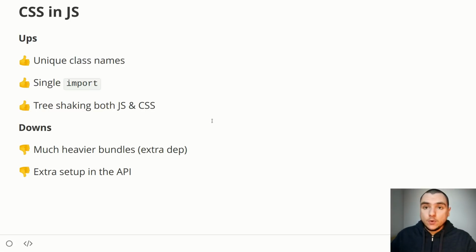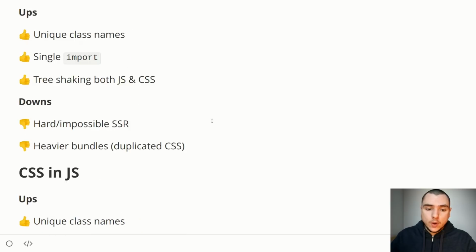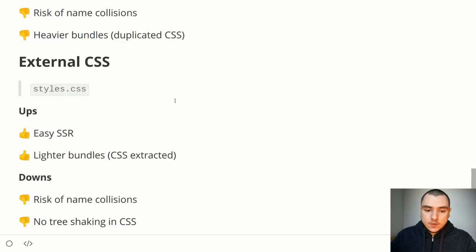So again, as I said before, I initially decided to go with the external CSS solution. So I decided to extract everything into an external styles.css file. So this way you would be able to import the CSS server side and inject it into your payload very easily. But on the front end, unfortunately, you would have to import the component of your interest. So let's say the ellipsis component, but you would also have to import the CSS as well.